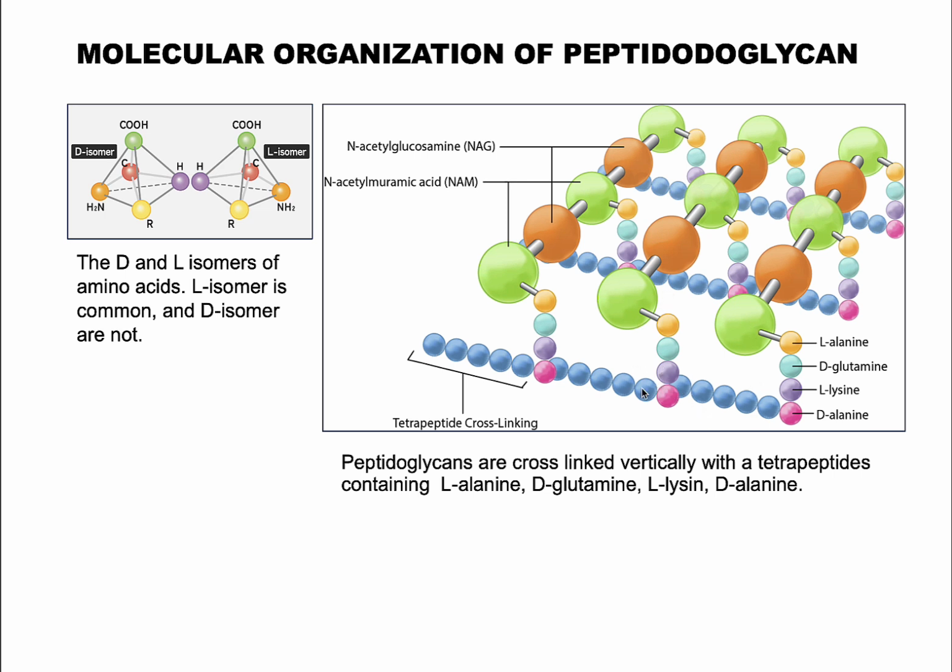This cross-linking enhances the overall strength of the structure, with greater strength achieved through complete cross-linking, where every tetrapeptide is connected in some manner to another tetrapeptide on a different NAG-NAM chain. All natural amino acids we obtain are in the L form. However, the bacteria can produce the D form of the amino acid and use them to cross-link the cell wall